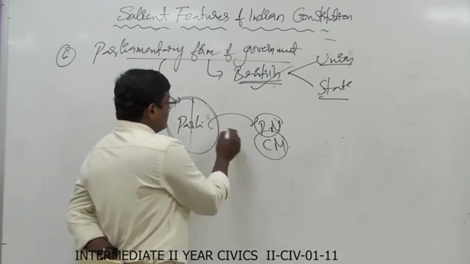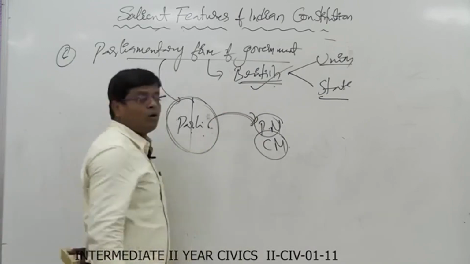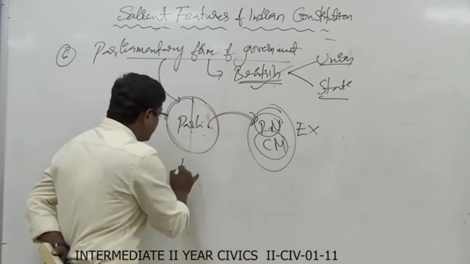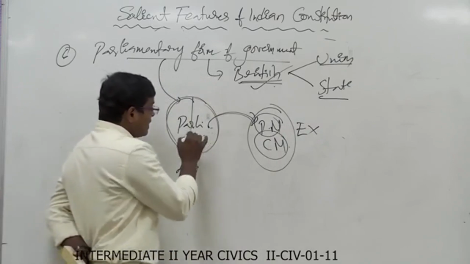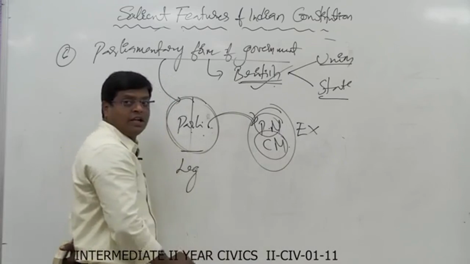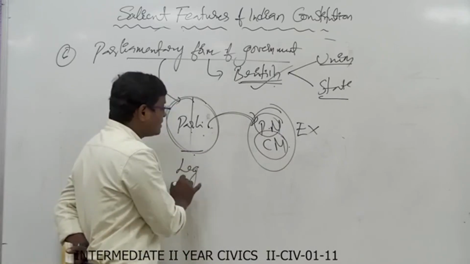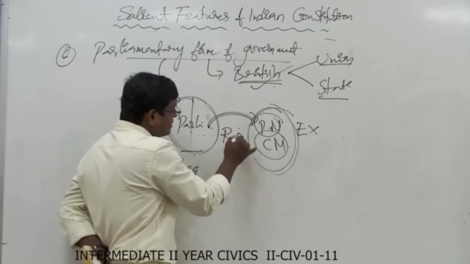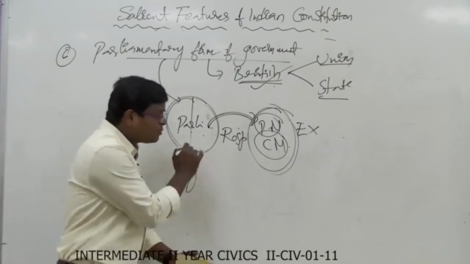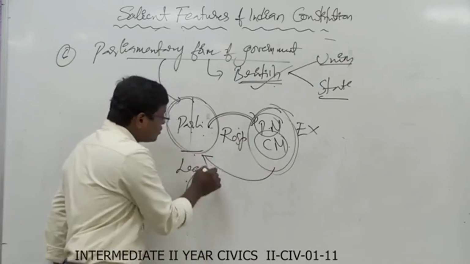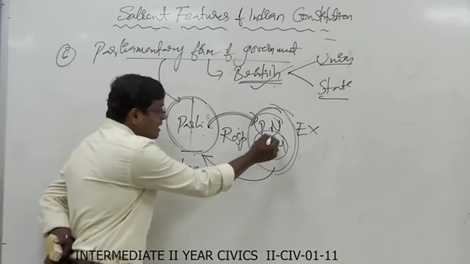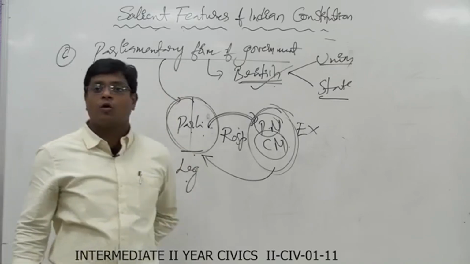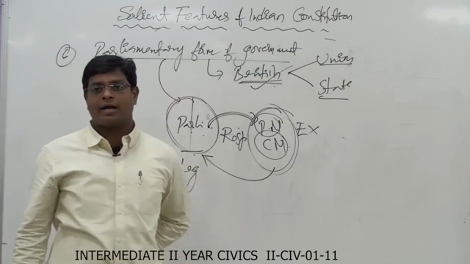So here the parliament has control over the executive. That means the government, which is called the executive, is derived from the legislature, and the parliament, nothing but the legislature, has control over the executive. There is a responsibility. Understood? Who is responsible to whom? The executive is responsible to the legislature. That means the government is responsible to the parliament. That is why the parliamentary form of government is also called the responsible form of government.